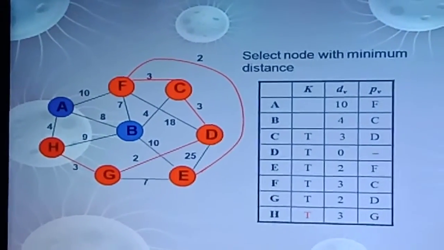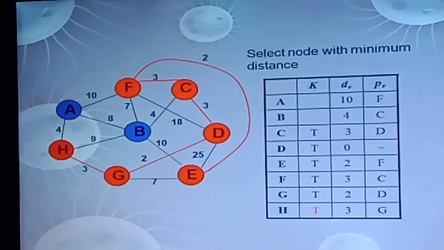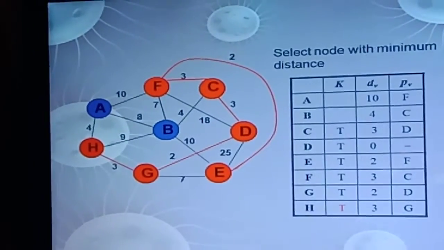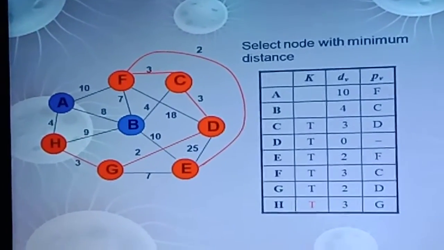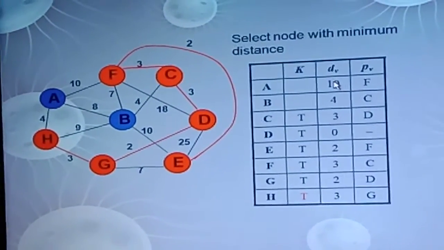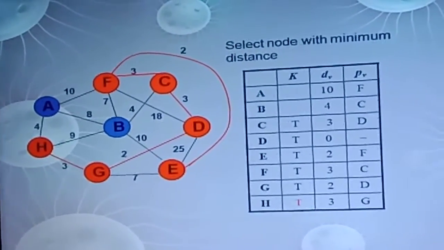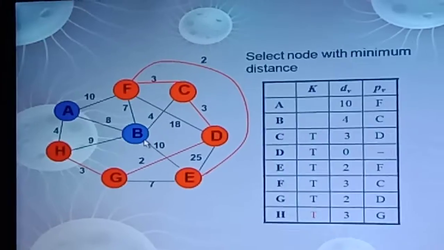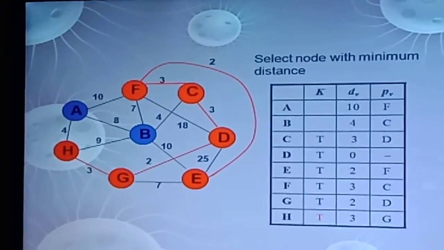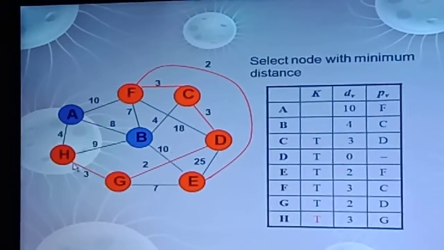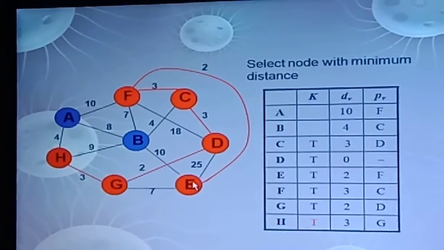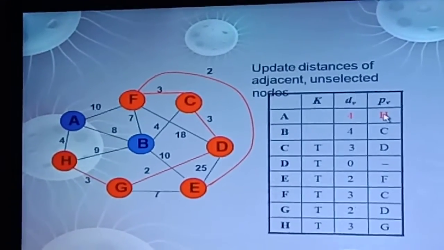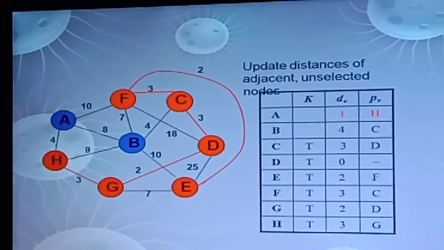So neighbors from H, that are B with 9, A with 4, G is already visited with 3, so no need to go to G, and check A and B. So A entry is already available with 10. So replace A with 4 and parent as H. And coming to B, B is unchanged because B is already having the cost 4, which is less than 9. So here in this table the entries are changed, replacing A with the new value, that is 4 instead of 10, and the new parent is H.